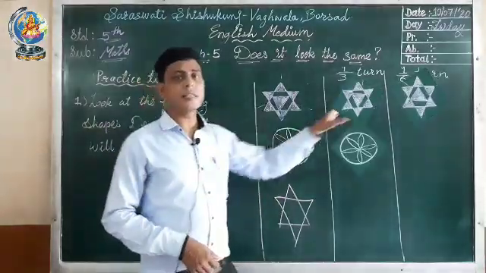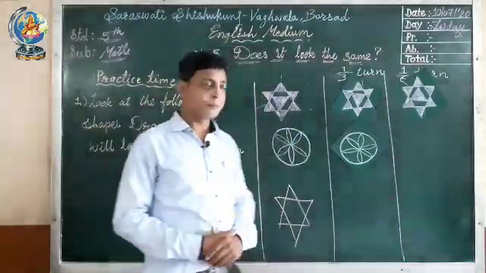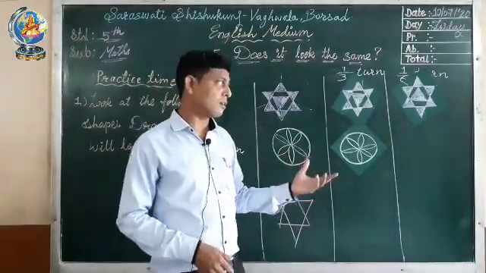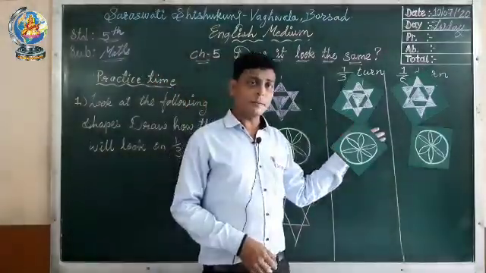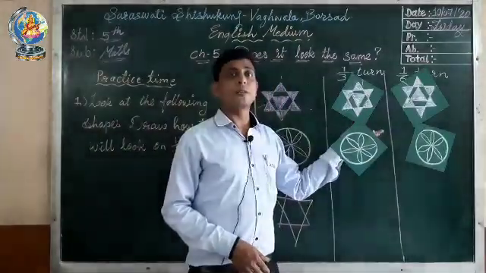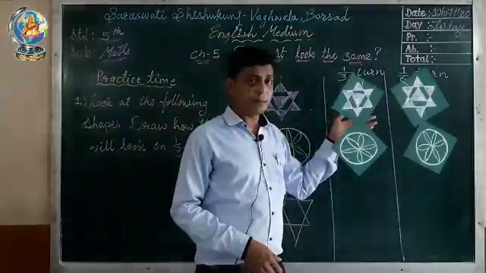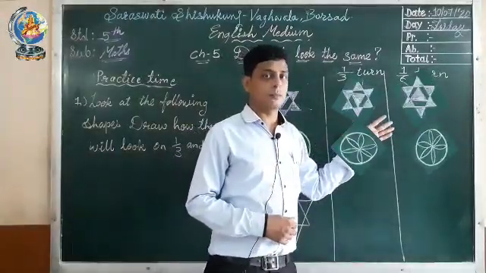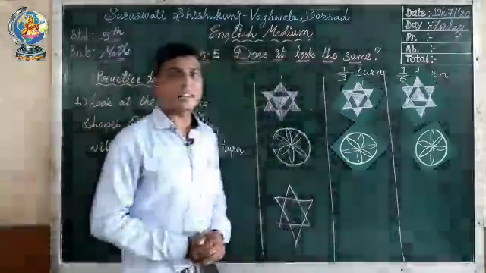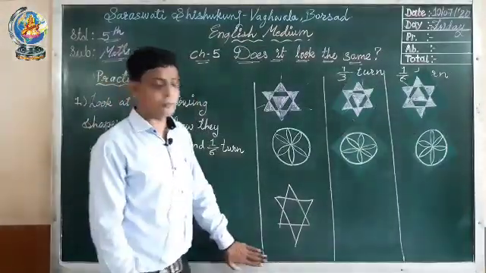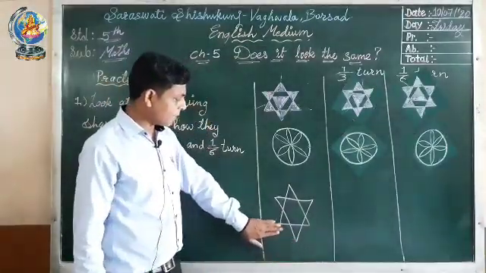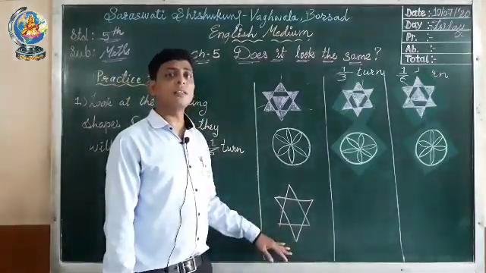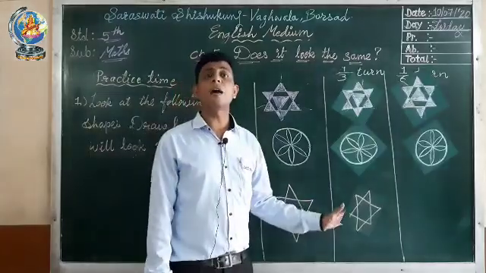Now you can see it looks like this in the picture. Now for 1/6 turn, how it looks? Let's see. When we rotate this figure into 1/6 turn, let's rotate. Now it is rotating. You can see in this picture how it looks. Next question. Here also we have a star. Now when we rotate this star into 1/3 turn, how it looks? Let's turn it into 1/3 turn. Now you can see how it looks.